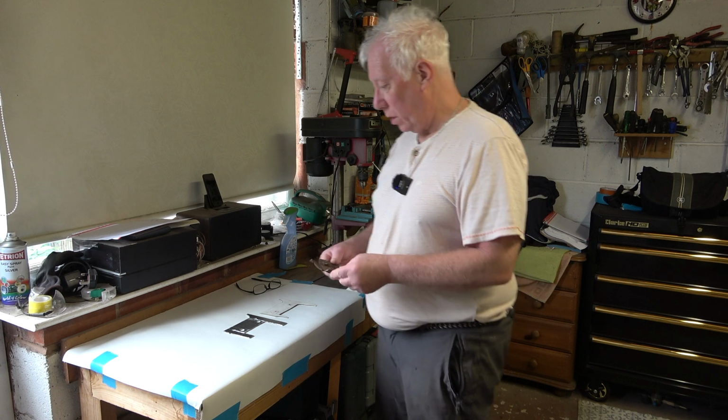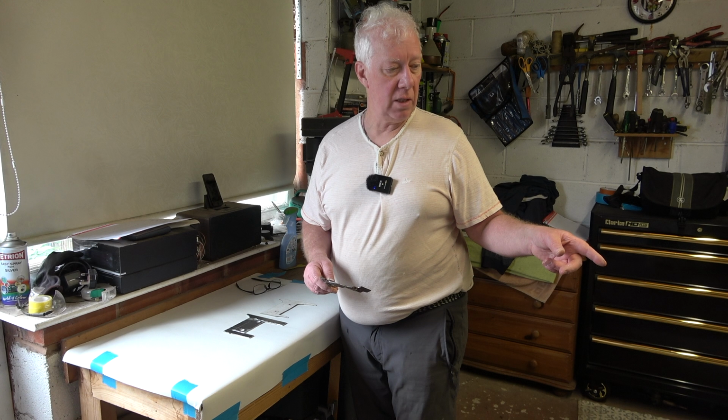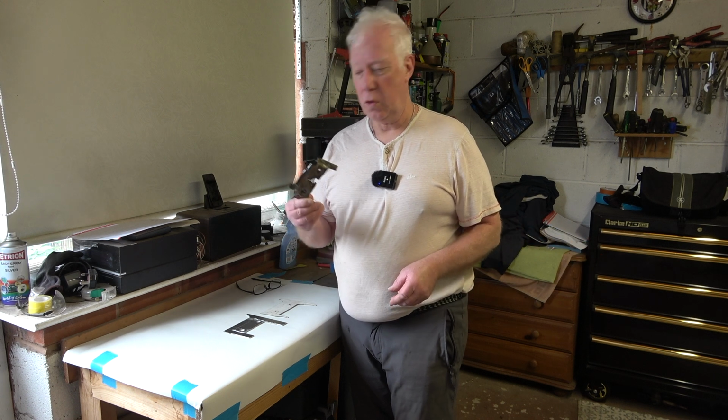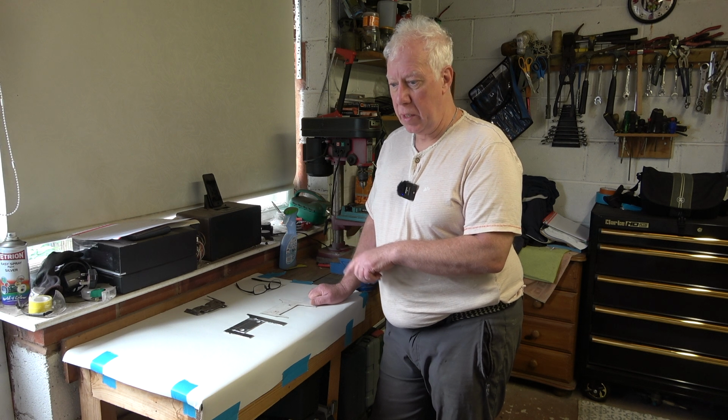So I decided, when I was cutting all the other corroded sections out, to cut this off as well. Now I'll zoom in so you can get a closer look in a minute, but